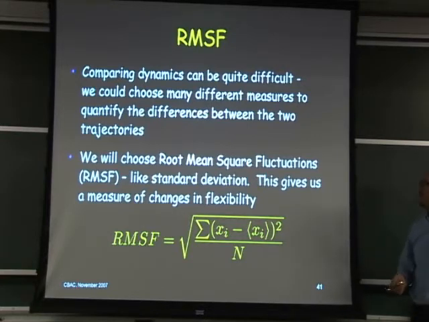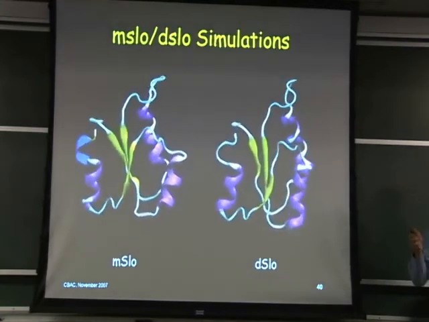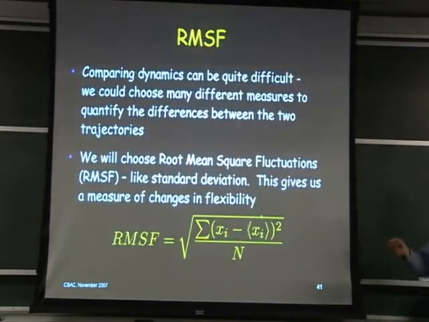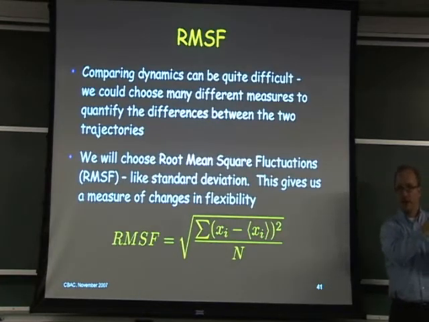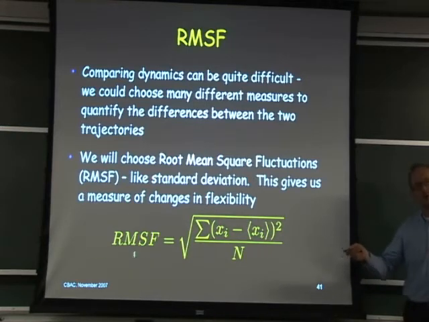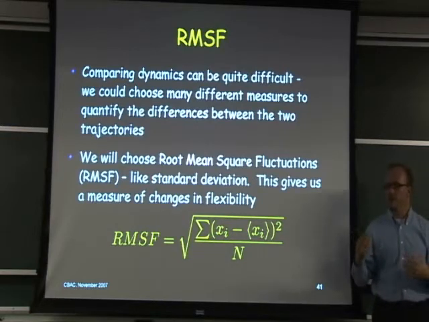From these trajectories, over the course of the trajectory, I calculate an average position. I fit the proteins to each other and calculate an average position. Then I look at, just for C alpha, how much each residue, or each C alpha, fluctuates around its average position. If it doesn't fluctuate very much, if it's stiff, if it's strained in a secondary structural element, I get a small value of RMSF. If I'm in a flexible part of the protein, where I get a lot of fluctuations around this mean, then I have a large RMSF. If you're familiar with crystallography, it looks a lot like a temperature factor, or a beta factor from NMR or something.